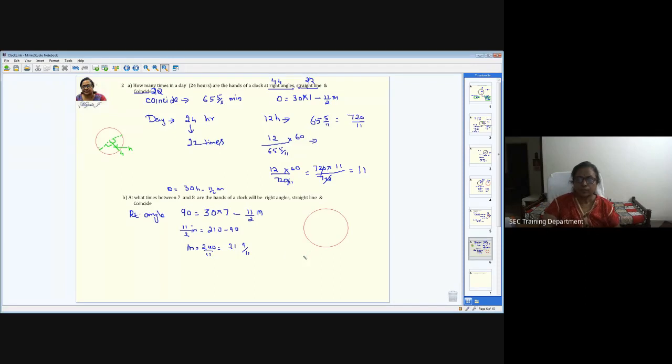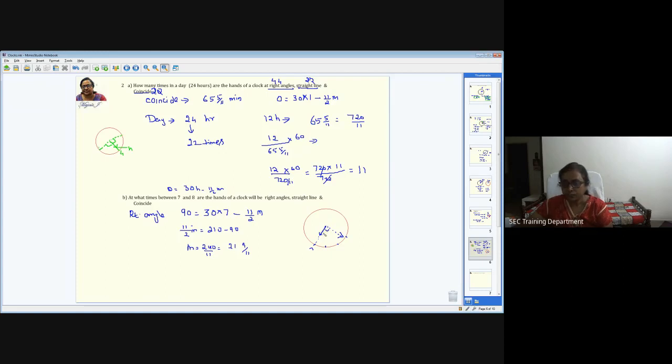So where is that timing now? The timing is 7, I say. So 6 is here, 7 maybe somewhere here, and at 21 minutes, in between somewhere. This is going to be your hour hand, and somewhere here your minute hand. So you can see the angle here is going to be 90. It's not exactly at 7. It would have crossed 7 and gone that side slightly, because in 21 minutes it would have moved.